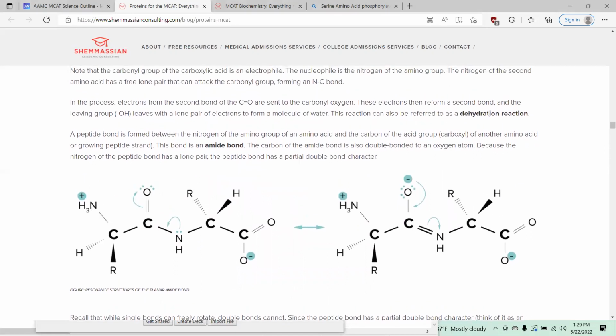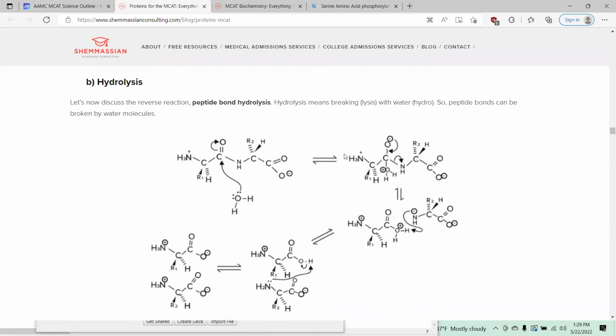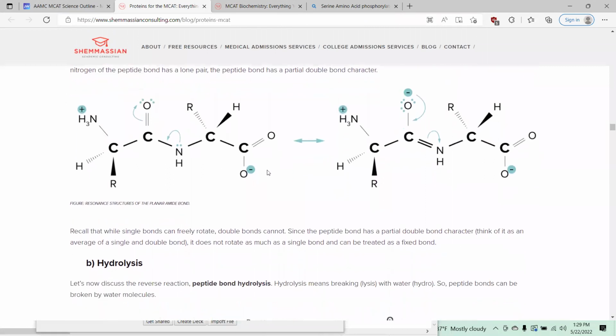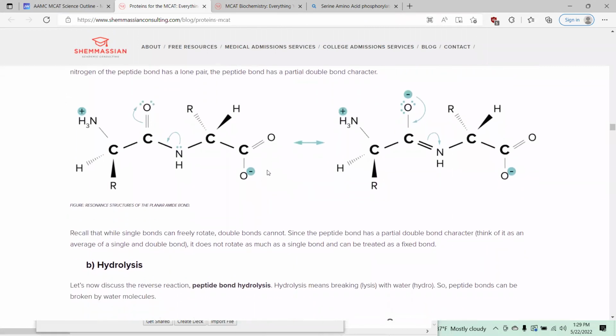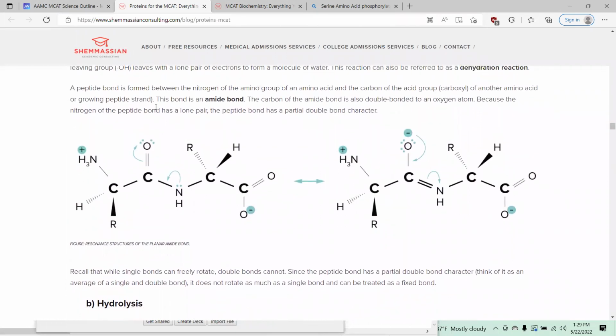Oh yeah, so it is a dehydration reaction. Dehydration, and then they didn't talk... Oh, they talk about hydrolysis here. So I jumped ahead. Okay. Oh, they showed the electron pushing here. I should have just scrolled down. Sorry. So basically,